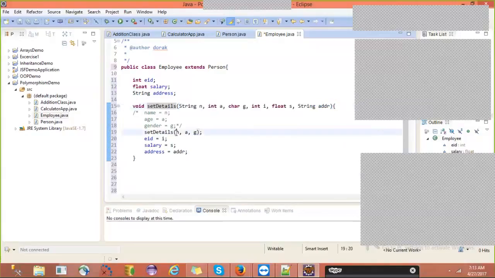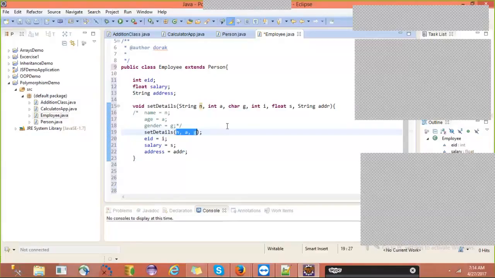How many parameters are there in the superclass definition? 3, right? So what does that mean? It is an example of same method name with different parameters.